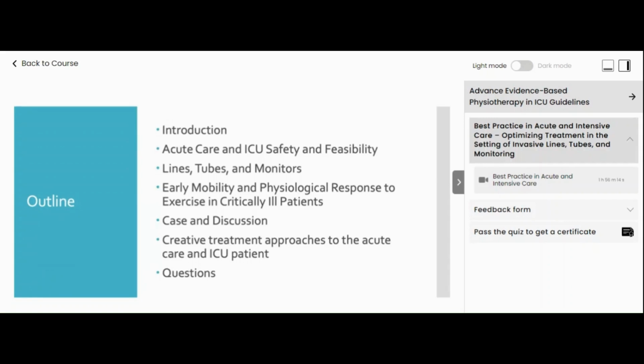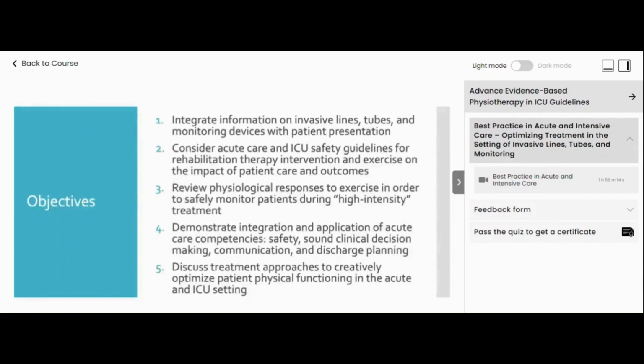Then we'll talk a little bit more about early mobility and the physiological response to exercise in critically ill patients, and how to consider that across the continuum of care for all patients, specifically thinking about what patients are going through in the ICU and how they may present down the road. I have an interesting case to present for you, and then we'll talk about some creative treatment approaches within that case. And my goal is to save plenty of time for questions at the end. So with that in mind, let's get started. And the objectives